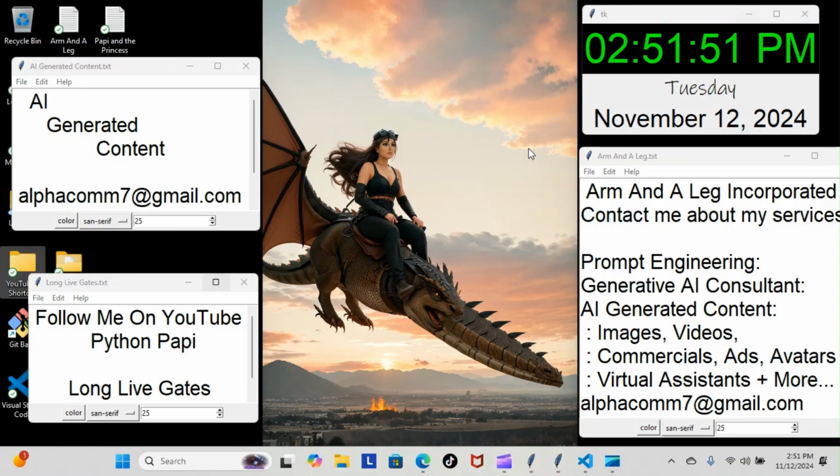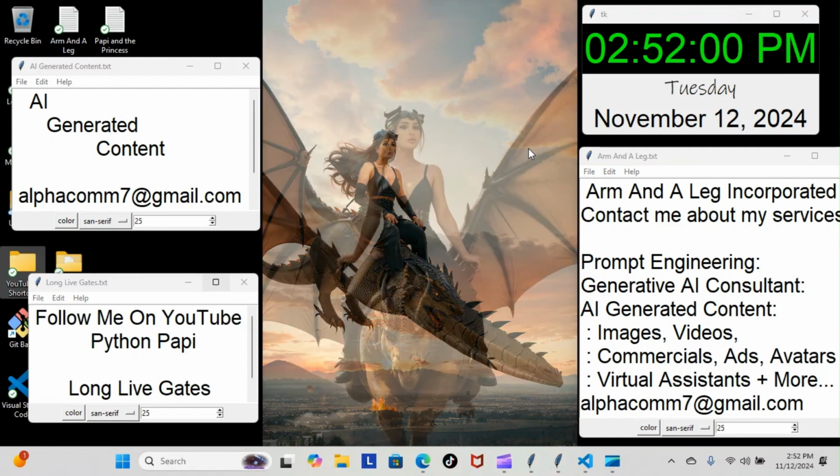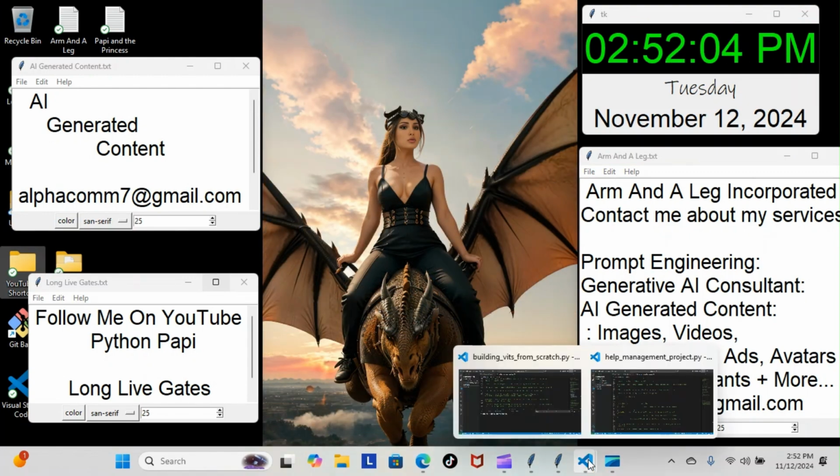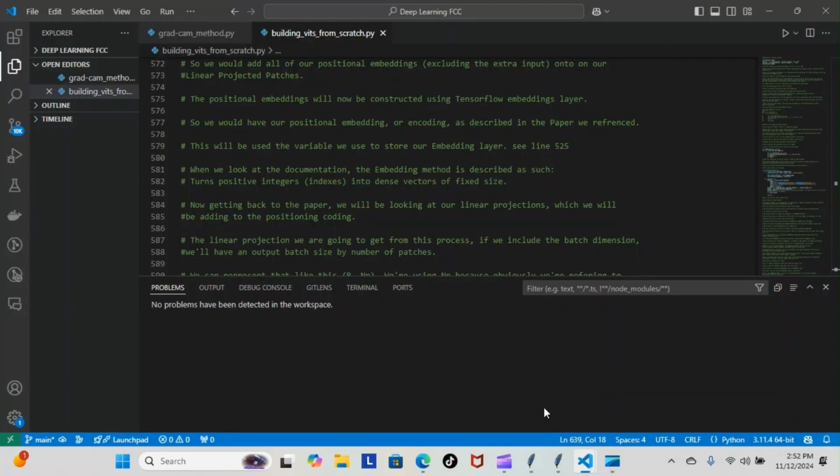All right, on today's episode of Python Papi, we're back inside our TensorFlow course, and we're still going over our Understanding Visual Transformers module. Let's have a look at what we went over today. Now, we still haven't gotten around to adding any new code to this module. We're still taking notes, so we're going to pick up with some light reading and leave it at that for